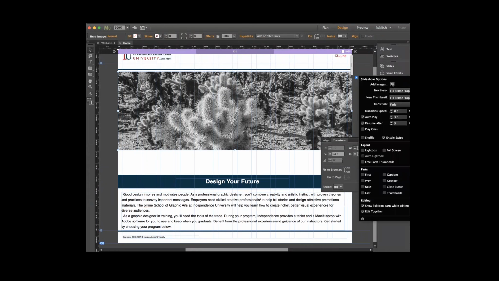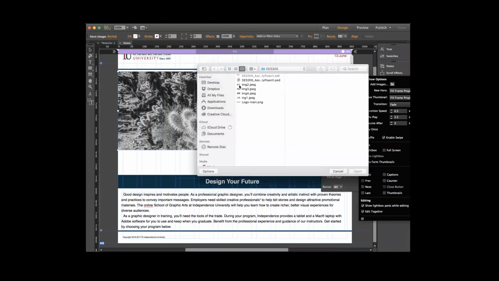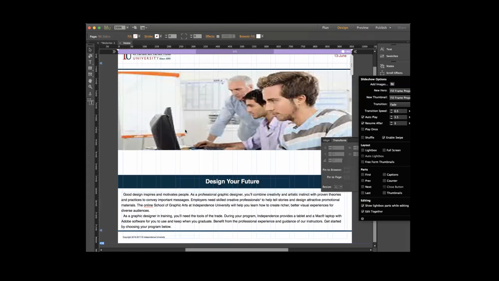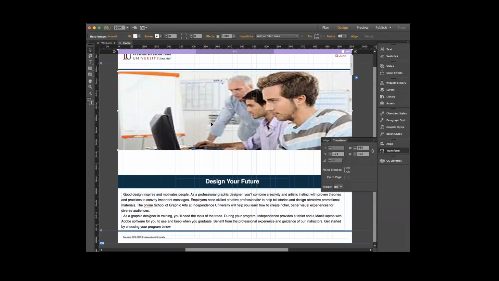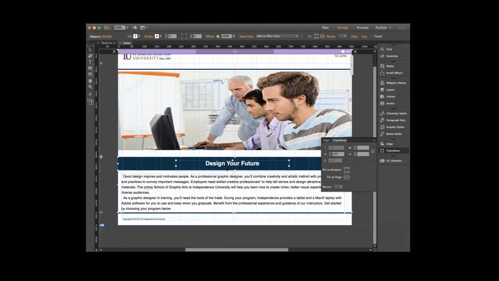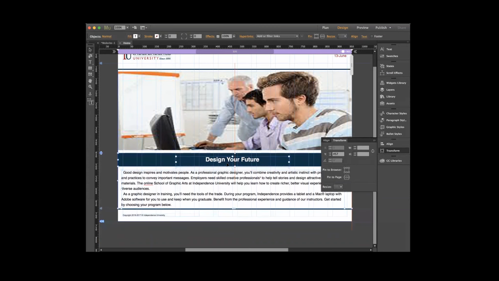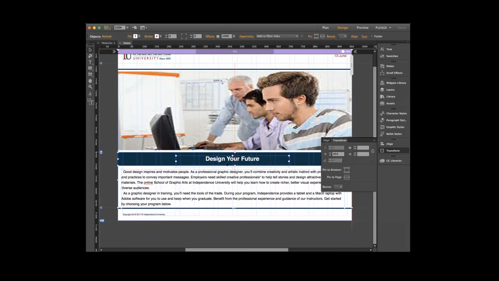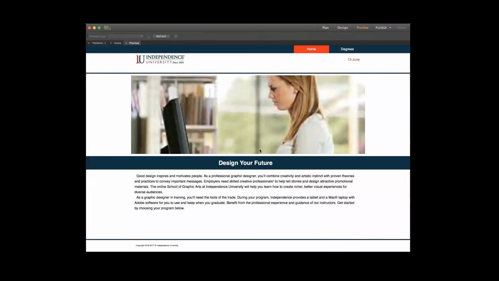And there's the folder icon I was telling you about. You can just click it and I can choose all of my images. Hit open. And it puts them all in here. So now I can move this stuff up again. And if I go to preview,